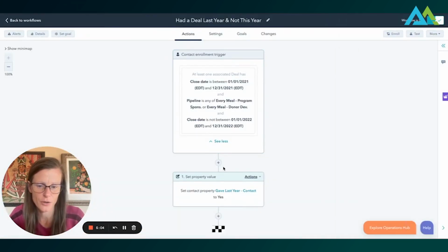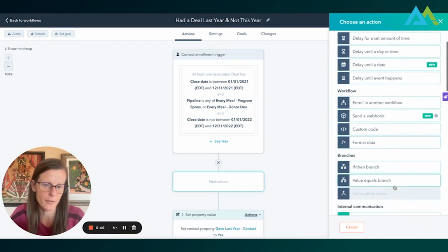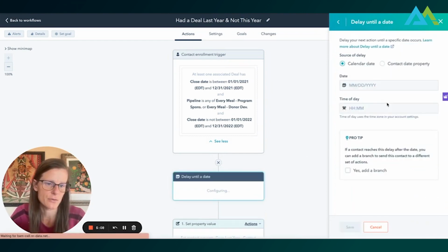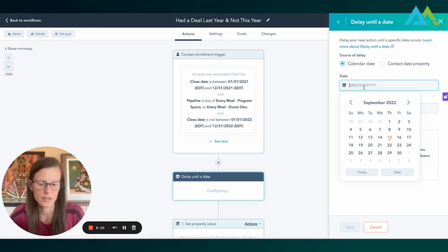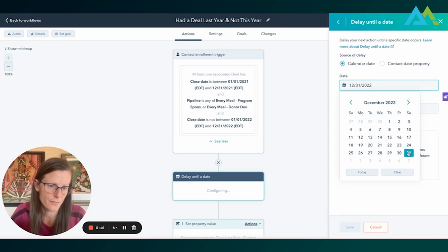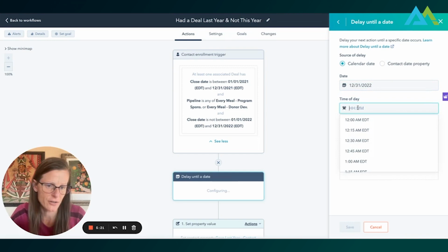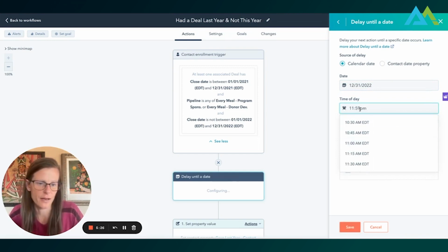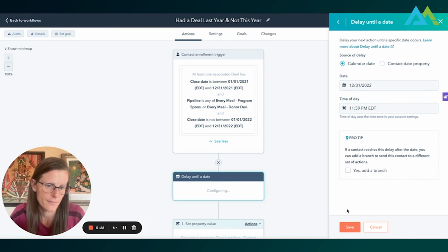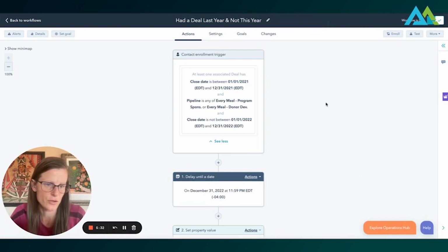And then what we would do is clear the property value, right? But we'd also want to set a delay. So we would delay this until the end of the year. And right, so now we're going to set that delay until that calendar date. And let's just say at 11:59 p.m. Okay. And so then if we went ahead and saved this, and I'll delete this because this workflow is actually operational,